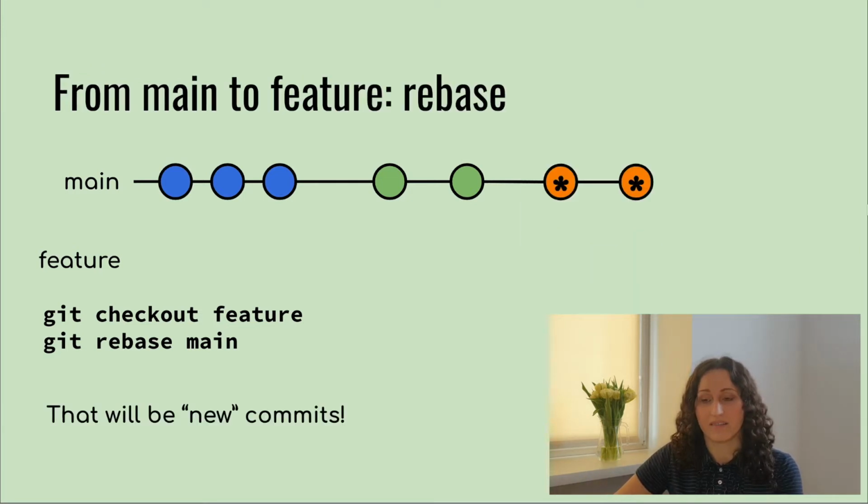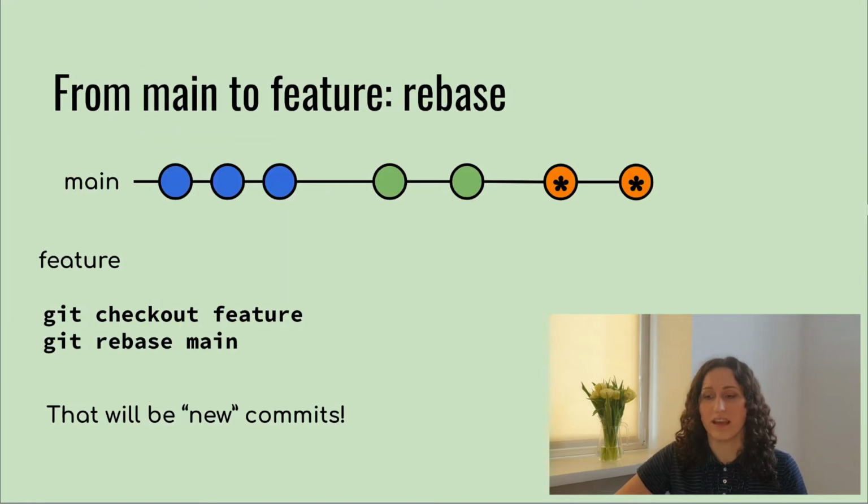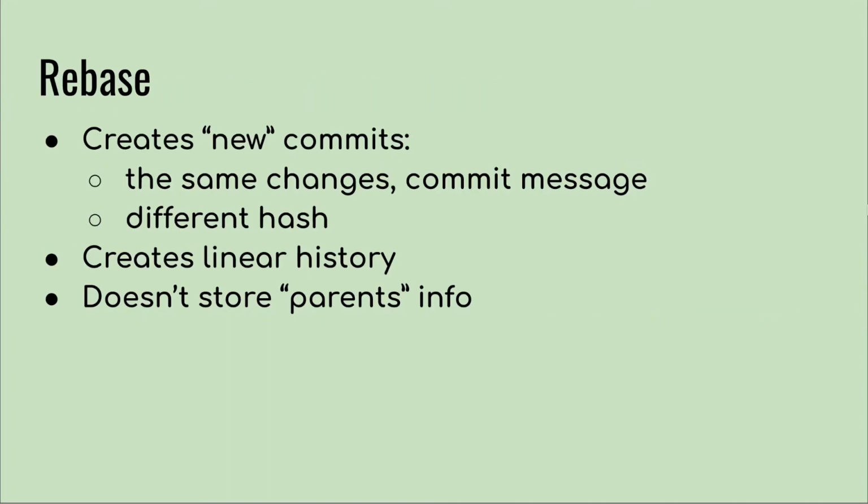They will be so-called new commits. From the user's point of view, you won't see the difference because the changes are the same and the commit messages are the same, but they will have different hashes. So technically, from Git's point of view, they will be new commits. And it has some pros, of course, because after that it will create a linear history. You won't see the fork and then merge anymore. So the result of the rebase command looks much nicer than the result of the merge command,